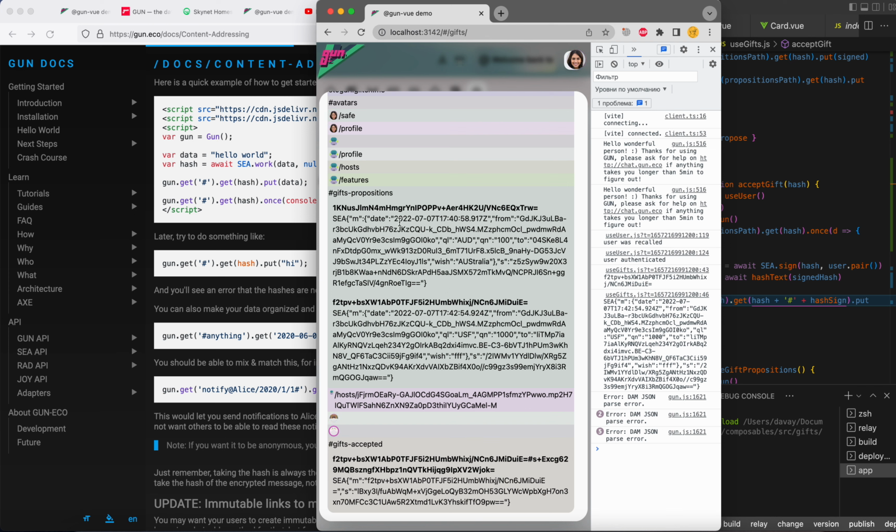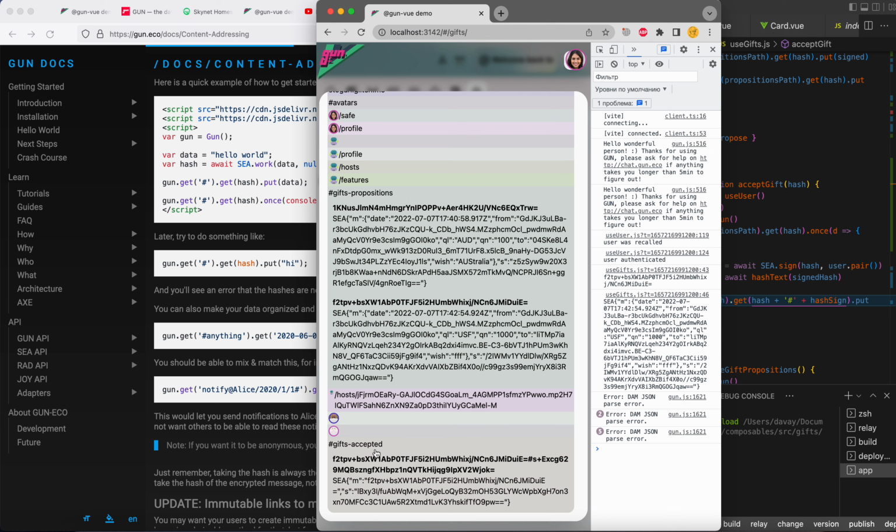I start thinking about duplicating data, and we don't need to duplicate this data. We have it already in the graph, so we can link it. So this is the link. This is the verified link to this mutable object, and it's already signed. But the idea of interconnectedness, and of losing connections, losing data, losing part of the graph, is important too, because in